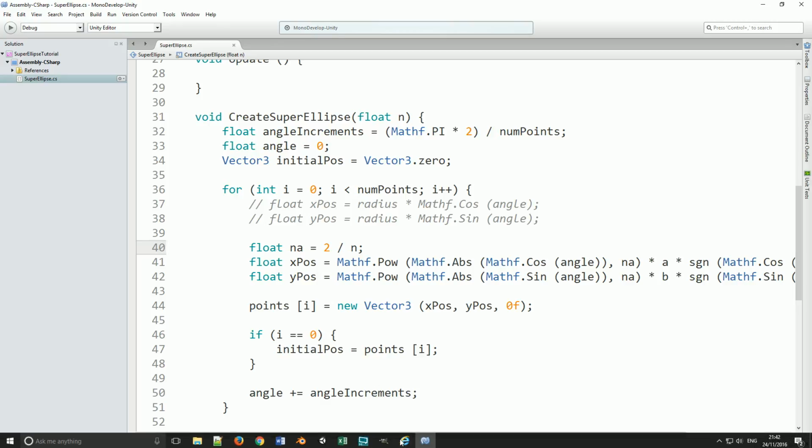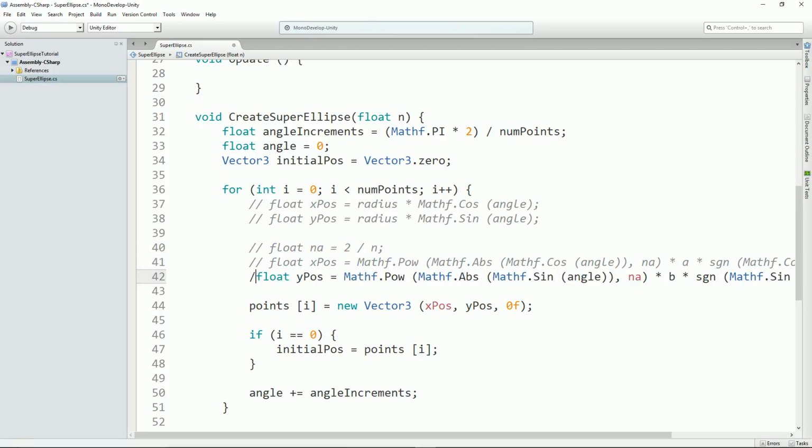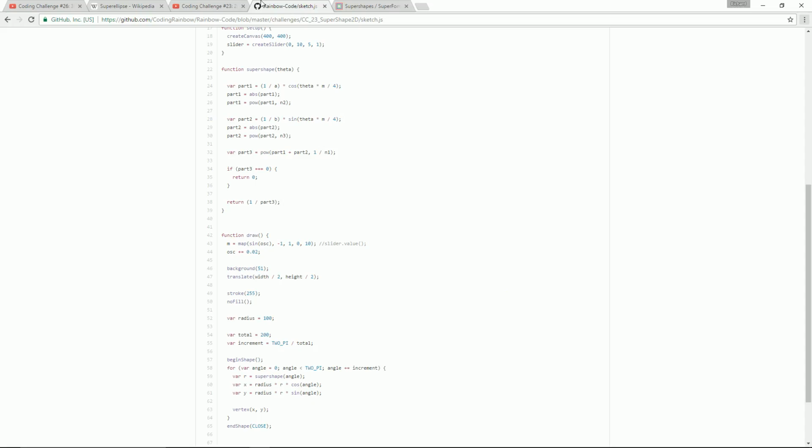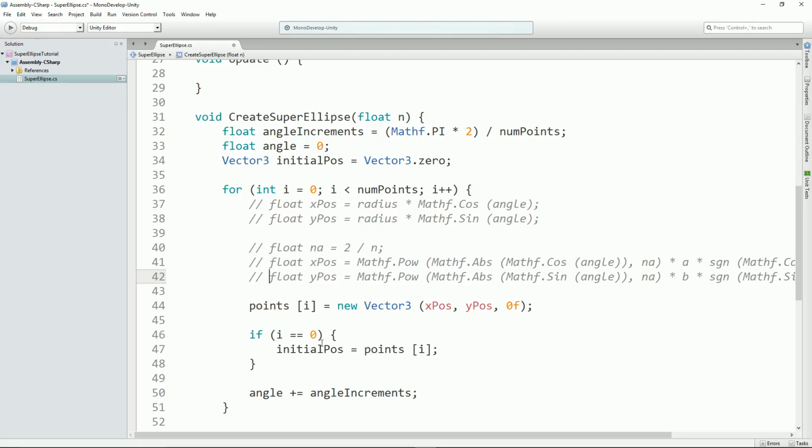Okay, let's just double check I'm recording. Yes, I am. You can still hear my dulcet tones. So we're actually going to, let's just comment this out now. And what we'll do for this one, I think, is just go back to the radius. So for the radius to work here, what we actually need to do is find the radius based on this value here. The radius is going to change depending on the angle, the position as we rotate around the circle. So what we're going to do here is say,